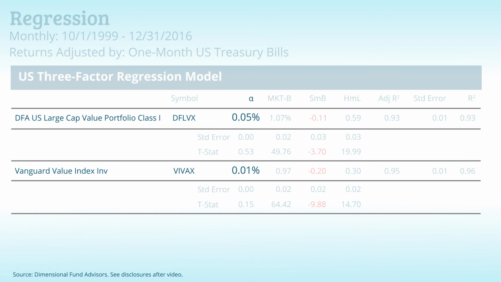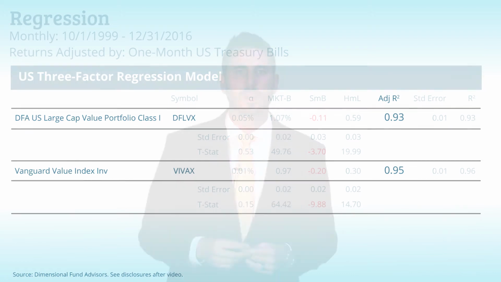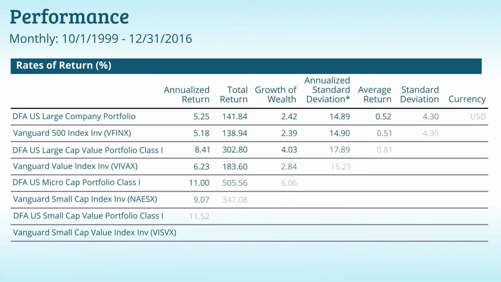Neither fund has statistically significant alpha, which should be expected in a properly functioning market. The adjusted R-square for each is over 90%, which means the overall model used was successful in explaining the historical performance of each fund. When we look at the individual risk factors, Dimensional has a greater exposure to the market, size, and relative price factors. This means that the overall portfolio is slightly smaller in terms of market capitalization and is tilted more towards value stocks compared to Vanguard. All of these estimates are highly reliable, as indicated by their individual T-stats, and a greater exposure to these factors is likely to yield greater performance.